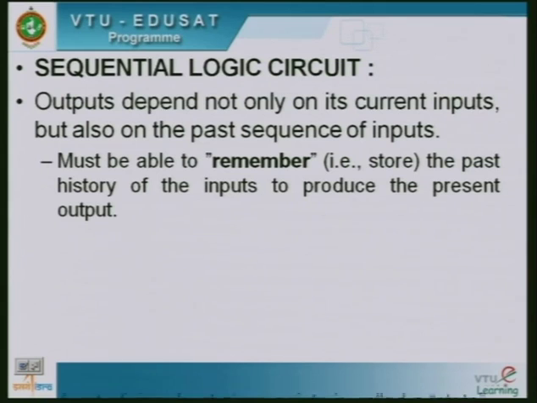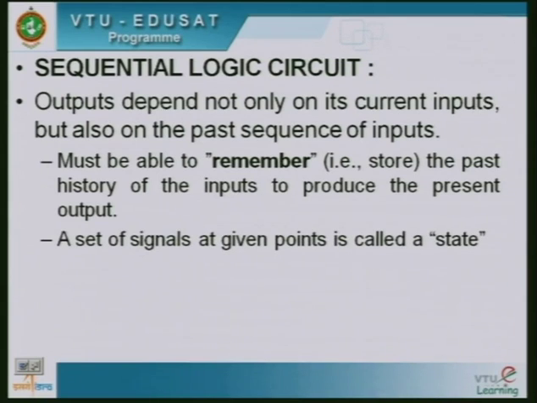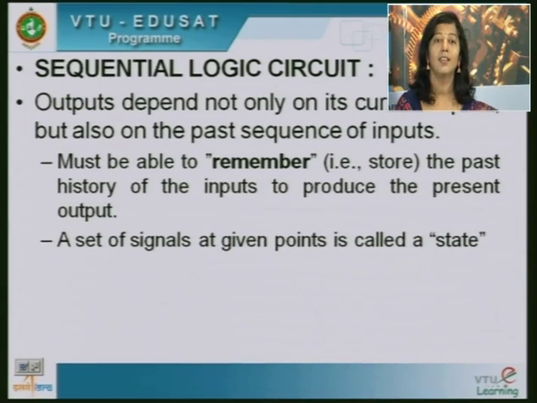So what was the previous input? It has to remember what the previous input was, or the input before that, maybe 2 or 3 stages before, and based on that it will generate the current output. That means we have to have some kind of memory incorporated in the circuit, and we call a set of signals at any particular point